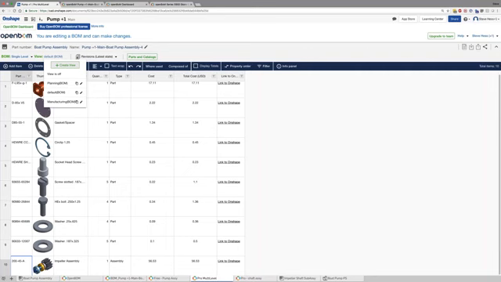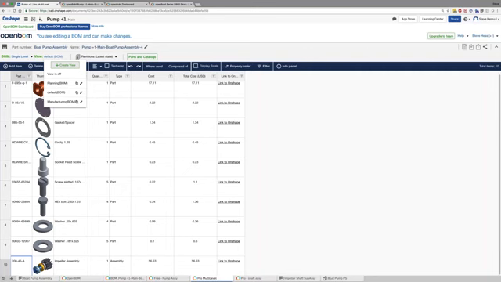We can add additional columns to this BOM, to this view, if we desire. And by editing that view, there's quite a few properties that are available. You can add those to that view and expand the view for the manufacturing guys.